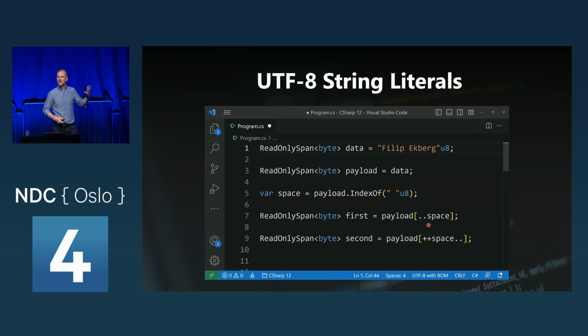Why is this important? Because this here is allocation free. It's a little bit of a lie, because it does allocate one variable on the stack here to hold the reference to that array or that span of bytes, but it doesn't have to do any copy of my content, which is very performant. And it's very much better than having to copy arrays over all the time and do some more processing. The alternative, and the way that I used this before, is to use LINQ, which is not the most performant thing to use for something like this.